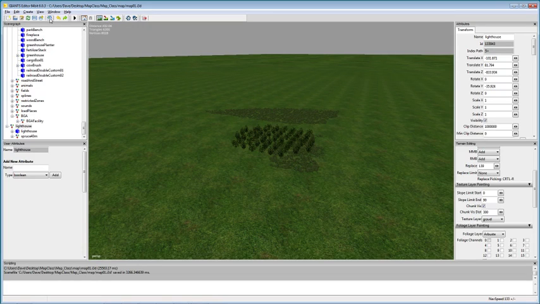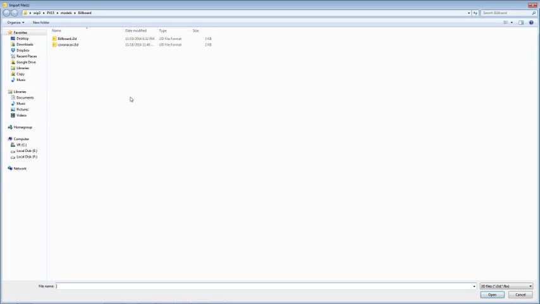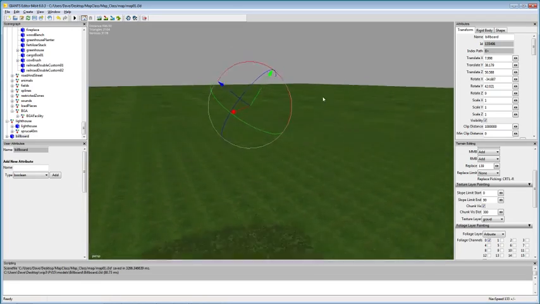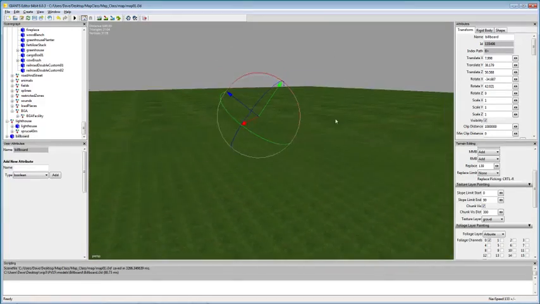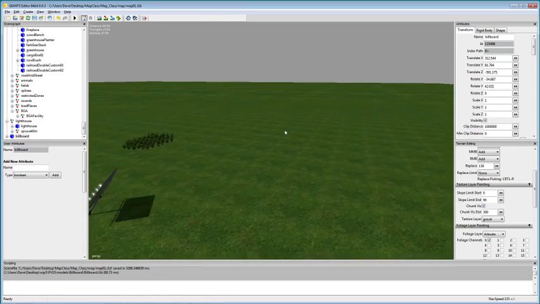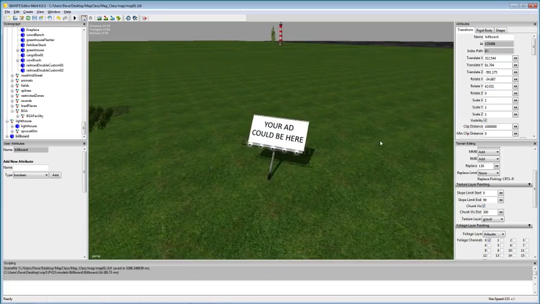We'll get into importing objects, which is the little import i3d file button here. And if I was to grab this billboard, which I already have saved on my desktop, and click open, it puts the billboard as the last thing in my list. I might not be able to see it, but if I highlight it and scroll around, we know the billboard is somewhere over there underground, but I'm going to just use that same method with the Control B and click and bring my billboard over to me. I just imported this billboard